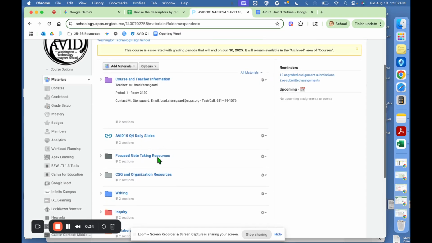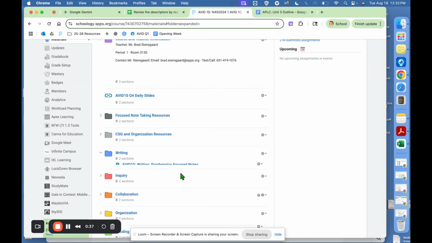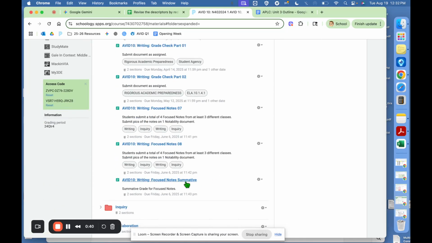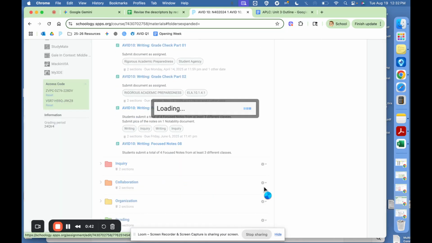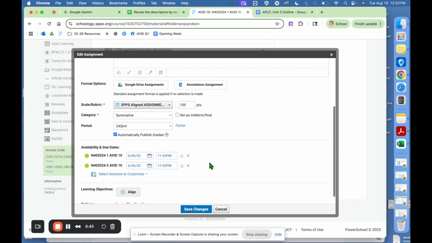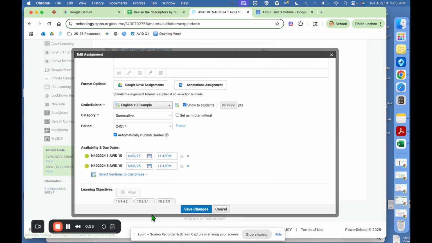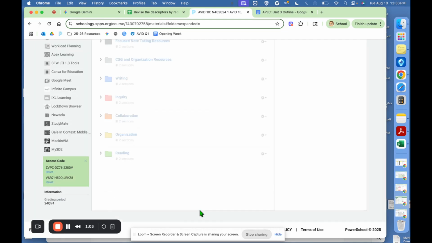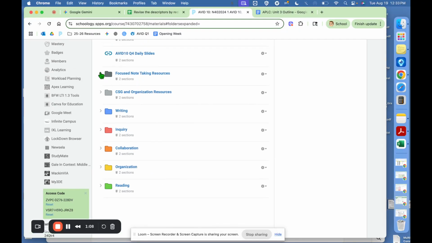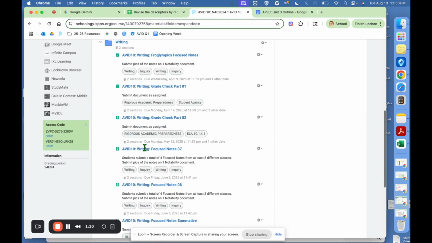So if I were to add this to an assignment, I'll just find an assignment that I'll add it to. I'm going to find it, select edit, and the scale rubric. I'm going to open that up, and right down here at the bottom is that new rubric. I'm going to go ahead and select it and then save changes. And now it is attached to that assignment. Here's what grading looks like. So if I find that assignment,